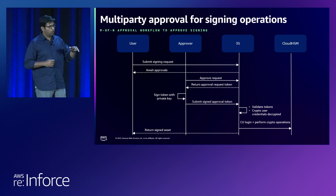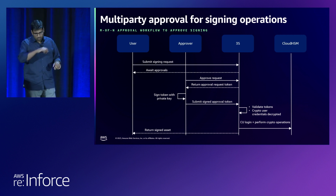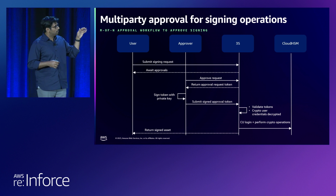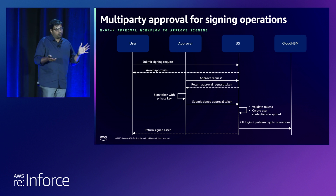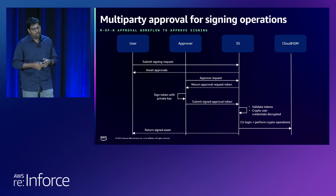And the approvers go ahead and register their public key. So now approvers are all set. What we then do is credential sharding, right? Remember, we cannot expose those credentials. We cannot make the credentials sit in the Lambda or the container until the approvals come through. So what we do is,